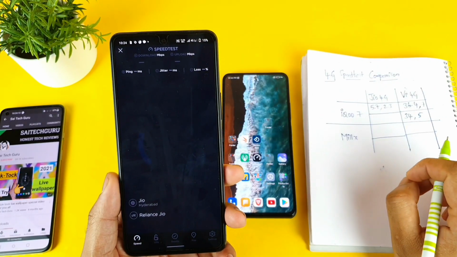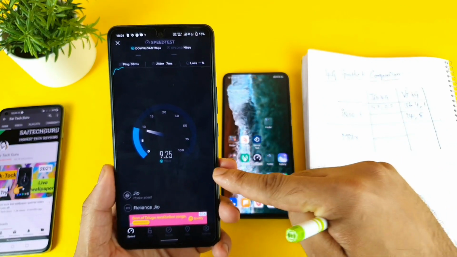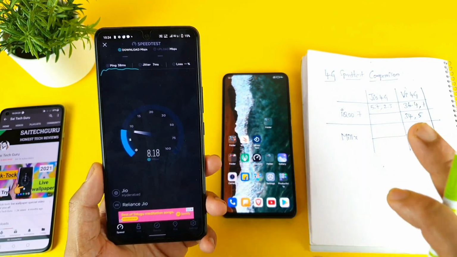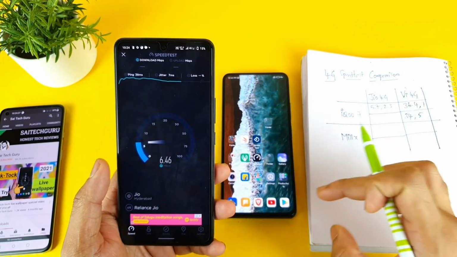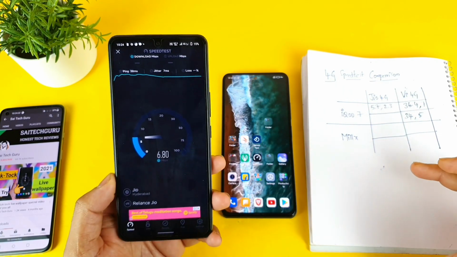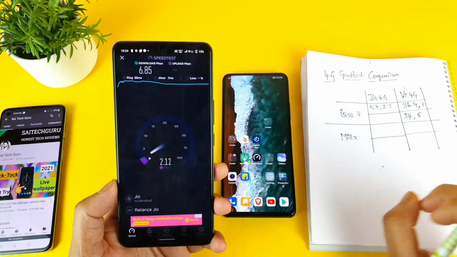And let me do the second round of testing. I'll remove the two SIM cards from this phone and use only those two SIM cards in this Mi11X, and I'll write down the same readings. Then you will be able to understand, friends, how much difference there is between both phones. That is what I'm trying to highlight from the past few days, making people aware that there are some connectivity issues going on with the iQOO 7 device.